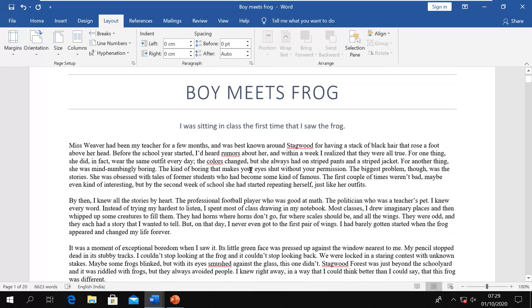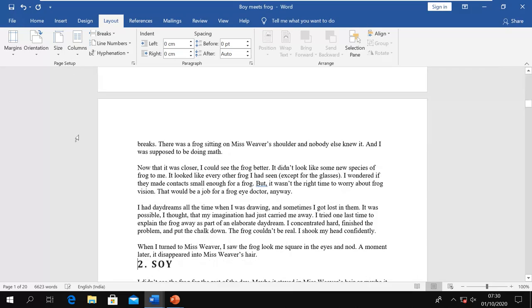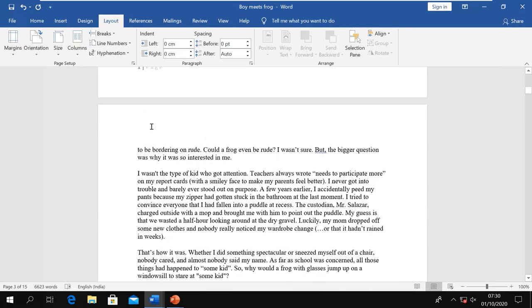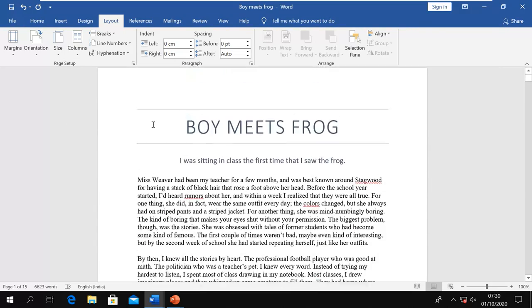Now this page does not have any images, but if this page consisted of some images and shapes, then they would be misplaced. So it is better to do this before you create the document. Go back to landscape again. So this is how you can change the orientation.